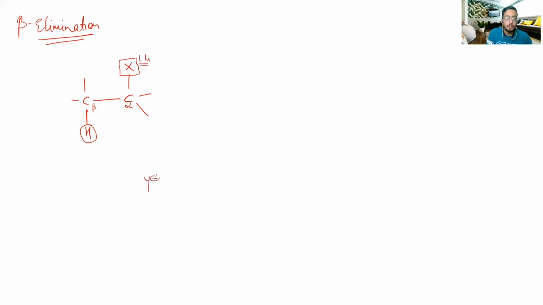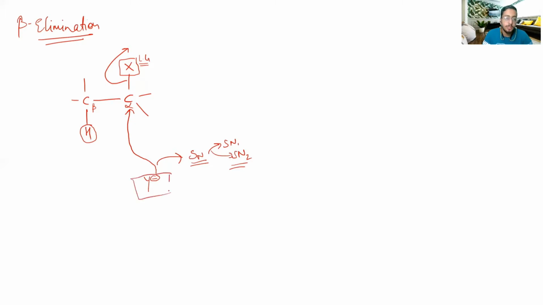Suppose we have a nucleophile which I am denoting here by Y negative. Now if this nucleophile directly attacks the carbon having the leaving group and the leaving group leaves from here, then in that case we call them the nucleophilic reactions or SN reactions, which are of further SN1 and SN2 type. You already studied them in your previous classes. So if the nucleophile directly attacks the carbon having the leaving group, that is known as the nucleophilic substitution reaction.